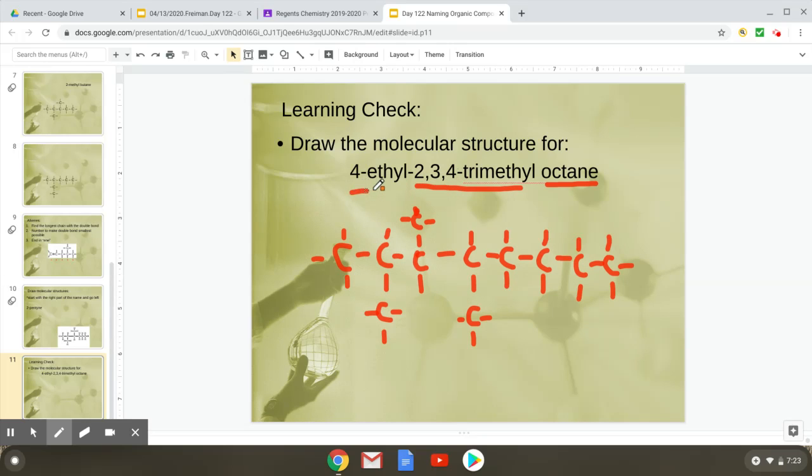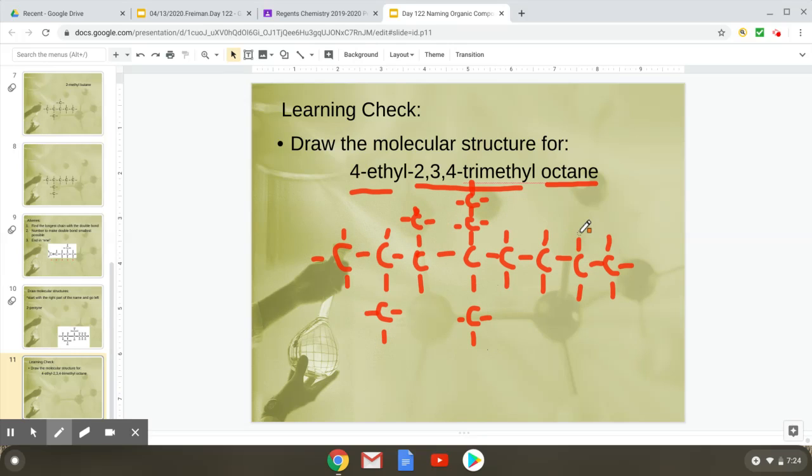Now it also says 4-ethyl. So that means on my 4th carbon, I need to have an ethyl group. How many carbons in an ethyl group? 2. So we look at table P and we have the prefix ethyl for 2 carbons. Now we need 4 bonds around each of those. So this one would need 2 more. And this one right here would need 3 more. So now we have 4-ethyl, 2,3,4